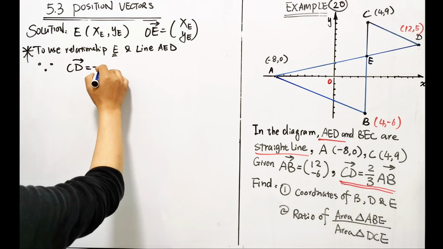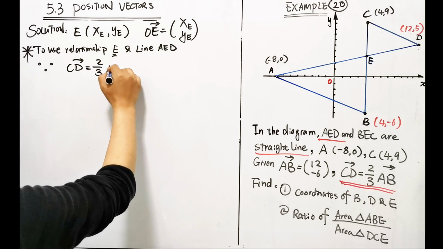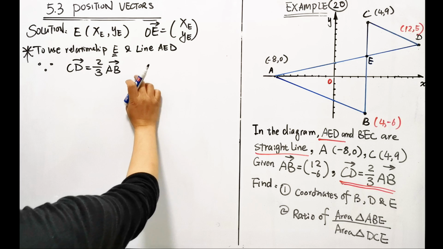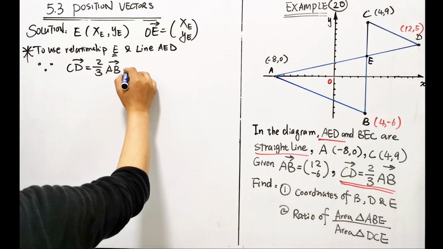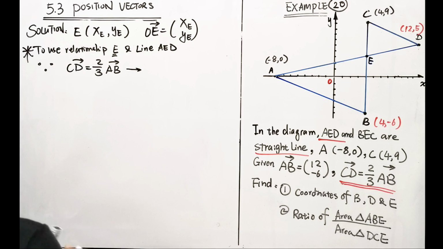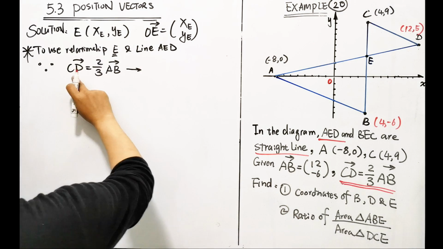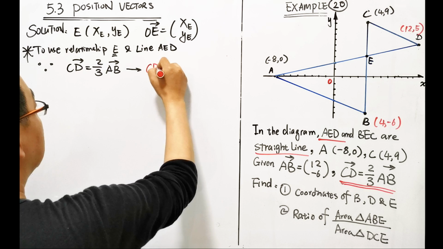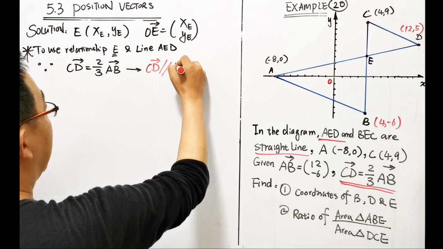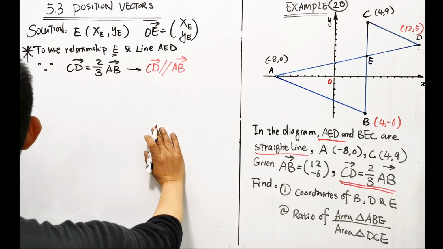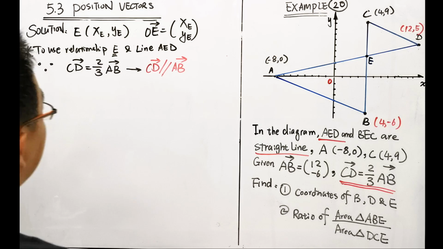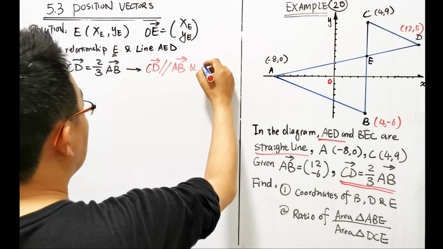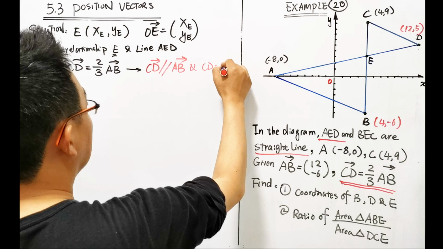Now, because CD is equal to 2/3 of AB, right? That is very important information because it's not very given. Since this is given, we can know, because this is in terms of vectors. When we have this formula, we know that CD is parallel to the AB, right? CD is parallel to the AB. And also the length of this, the length of CD equals to, in terms of this,